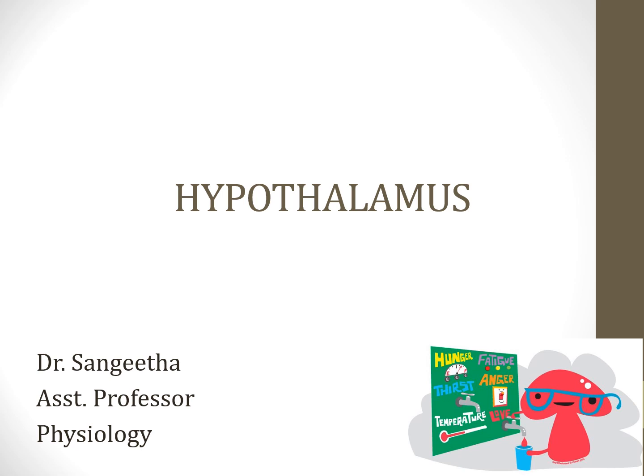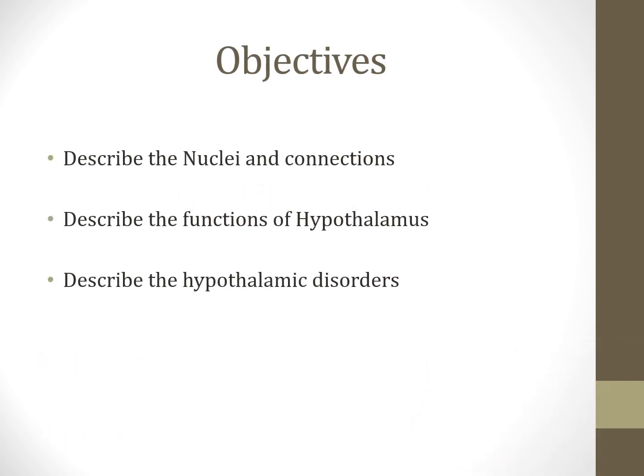Hypothalamus is going to coordinate with the structures called limbic system, autonomic nervous system, and also with the endocrine functions. It is doing all the vegetative roles and also the endocrine functions in the body. The picture also says that it is involved in the regulation of food intake, the regulation of temperature, and it is also helping with the regulation of thirst mechanism and emotional behavior, etc. Let's move on to the topic.